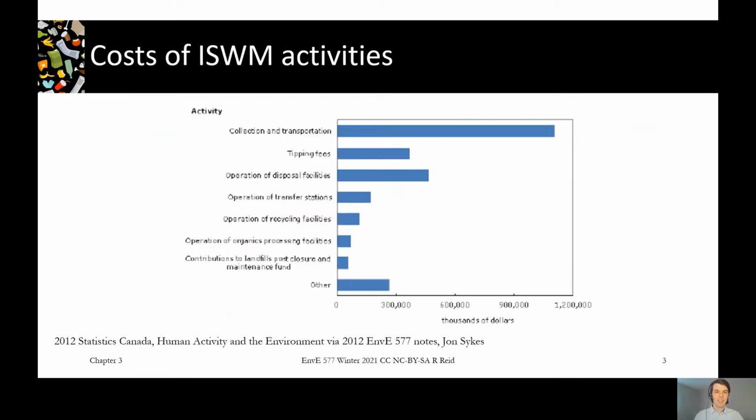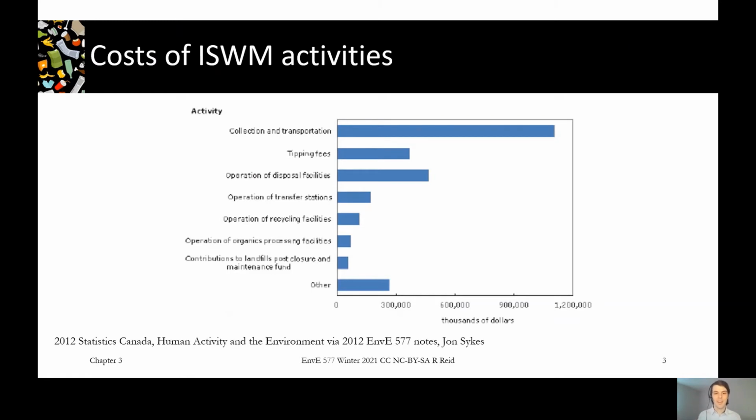So one of the interesting parts about transportation is it's relatively an expensive part of the waste system. So if you think about the massive infrastructure that we have existing in the world to produce products, distribute them and retail them, deliver them, get them into our homes, a lot of those products, because of what we talked about in the last video, due to packaging and obsolescence, we end up throwing out really quickly. So we have this huge system that gathers all that things back and kind of has a reverse supply chain. So instead of distributing, we're consolidating everything back and sending it to a few waste disposal sites.